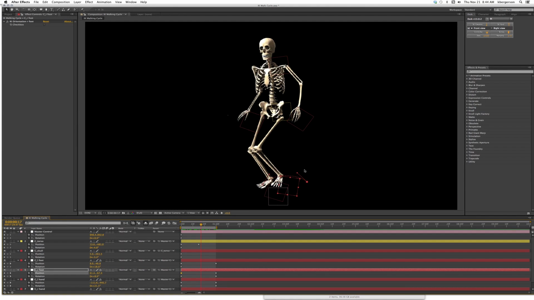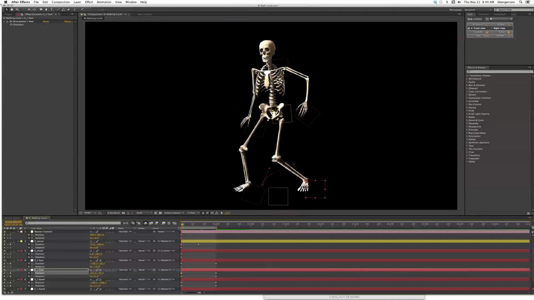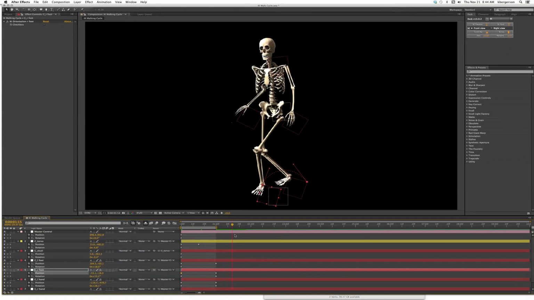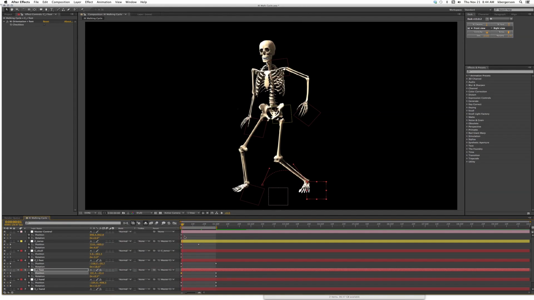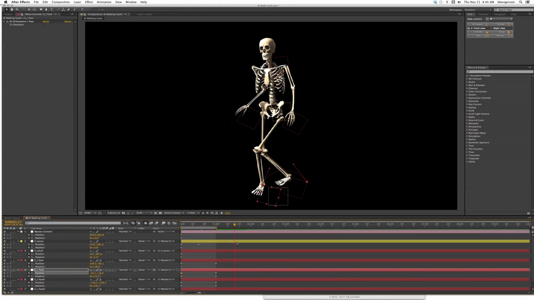Let's pick it up even more with our arc. Okay. So our left foot slides flat, our right foot. Okay, so now let's